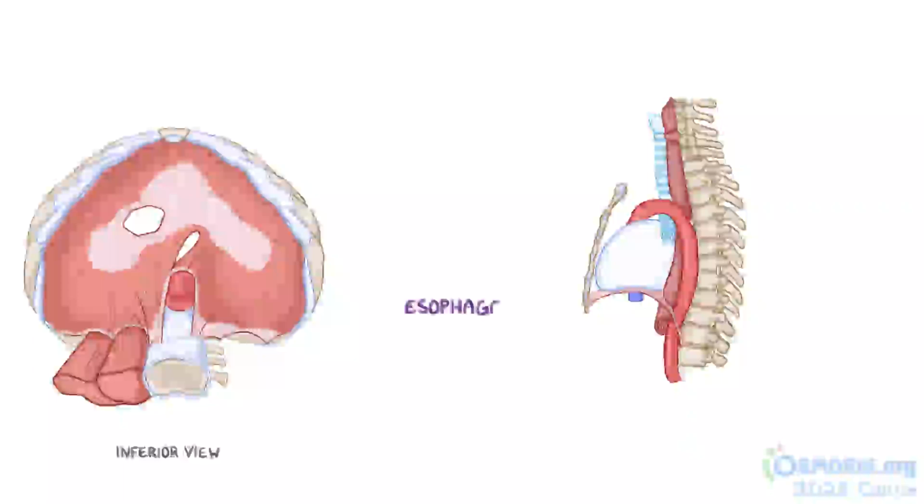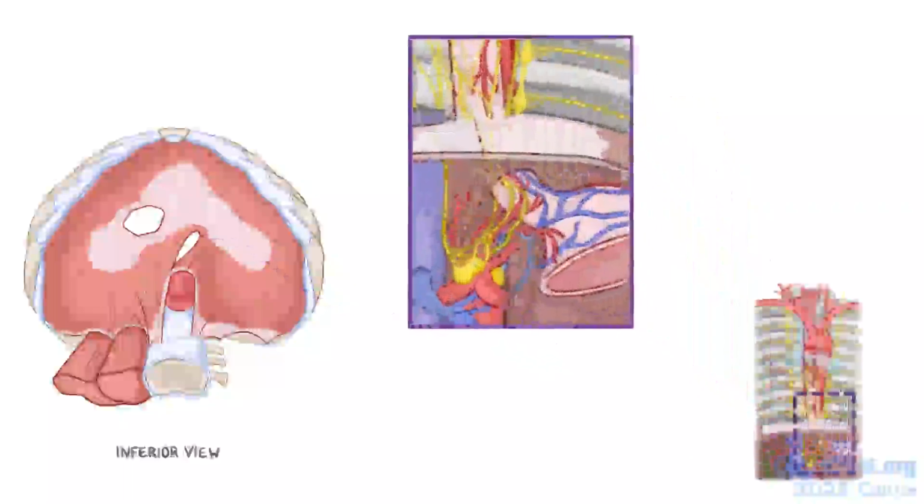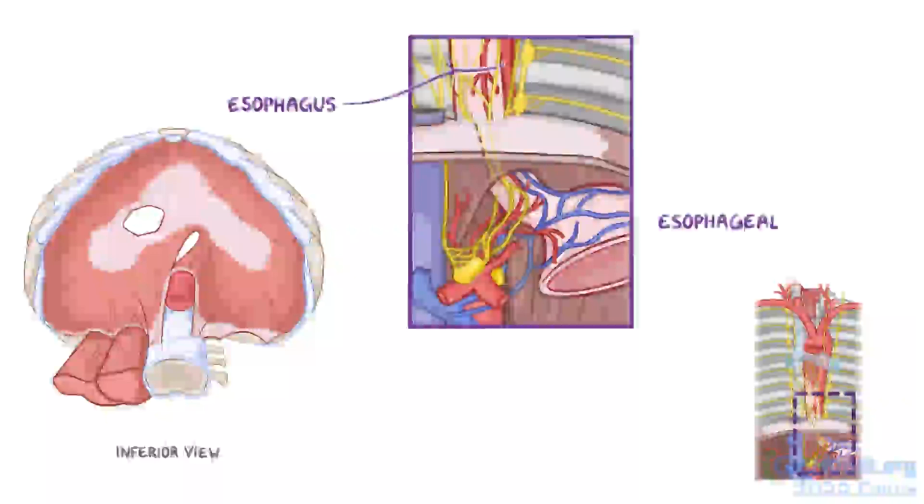Next is the esophageal hiatus, which is located in the right crus of the diaphragm at the level of the T10 vertebra. The esophageal hiatus transmits the esophagus, the esophageal branches of the left gastric vessels, and both the anterior